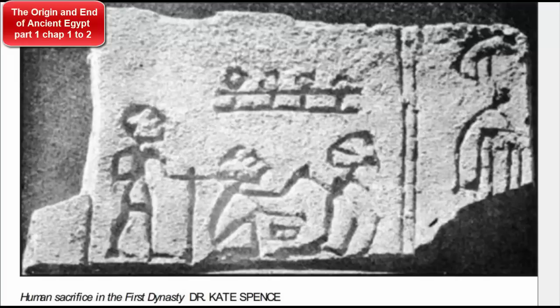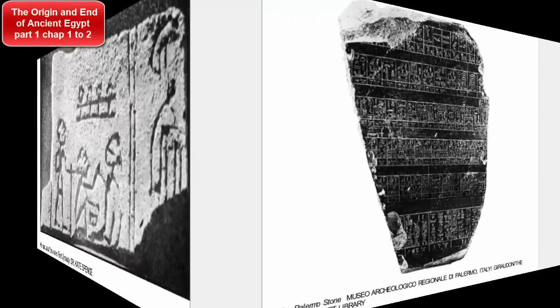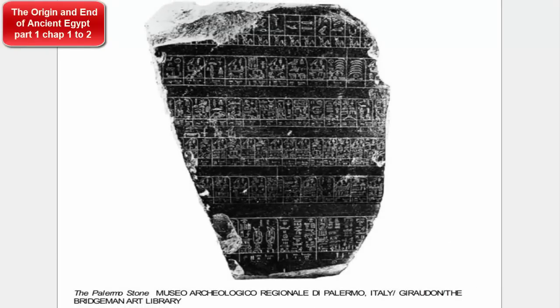Spread out over an area extending from the First Cataract to the shores of the Mediterranean Sea, the creation of a distinctive sense of Egyptianness ranks as one of the greatest achievements of Egypt's early rulers. At its heart lay a large measure of self-interest. The doctrine of divine kingship defined pharaonic civilization, produced such iconic monuments as the pyramids, and inspired the great tombs and temples that stand to this day.